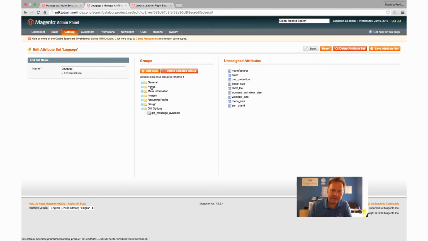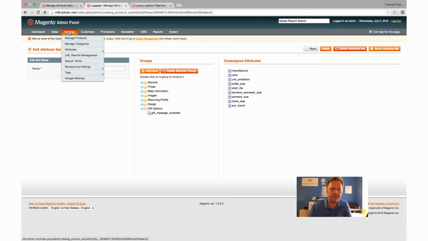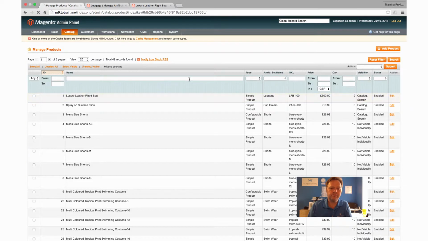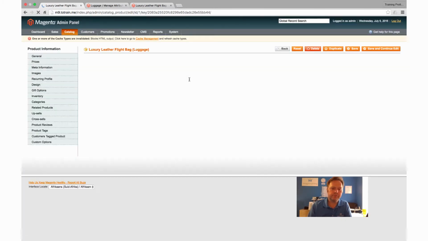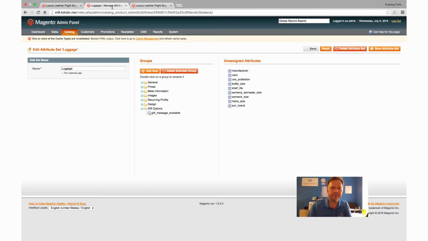Right, we have here tabs, the tabs that relate to our product. So we've got these tabs down here. Right, we can create our own. And all we need to do to create our own tab is to do add new, and that'll add a